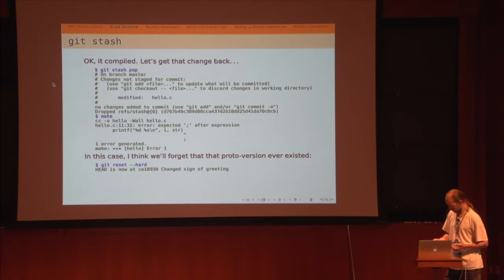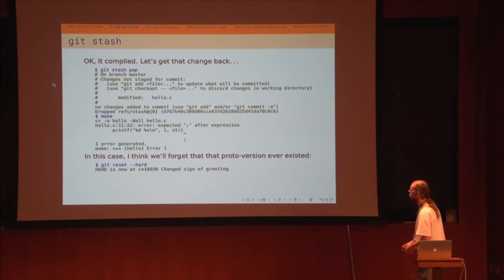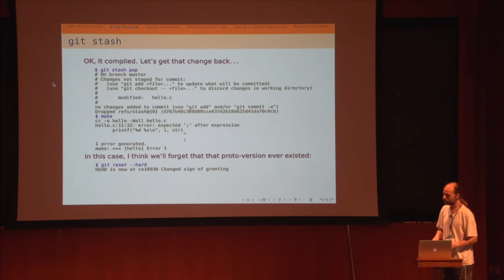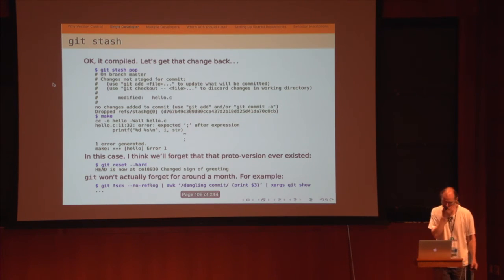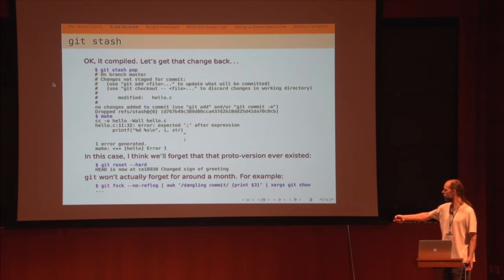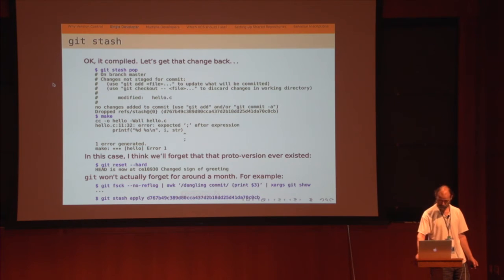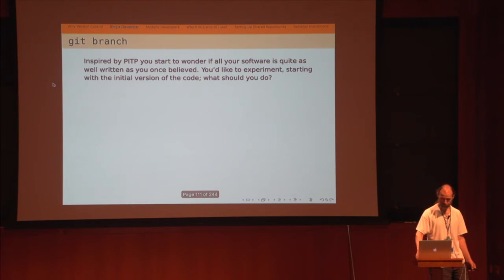Oh, yeah, in this case, I don't like it. So this command says, just forget about all the changes I've made. And that's one of the very few commands in Git that will actually lose you work. Almost everything gets hidden somewhere. Actually, it won't. It takes about a month for it to forget. If you really want to, you can use git fsck, no reflog, dangling commits. There are commands you can use to find things back. When you're desperate enough, you do that. I do it seldom, but when I do it, I'm grateful. So that's how I can get that particular change back.